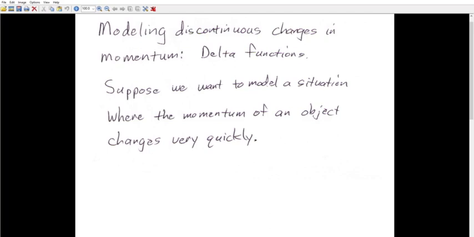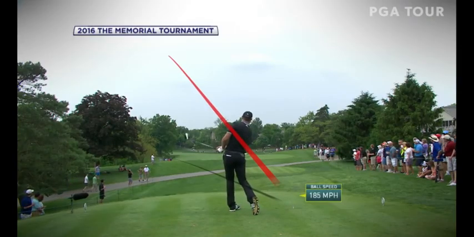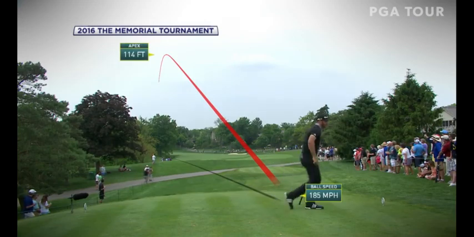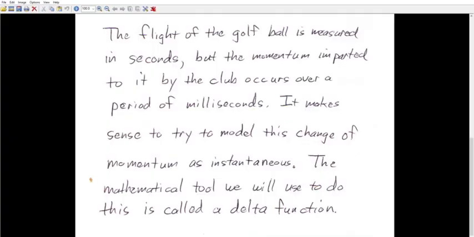Modeling discontinuous changes in momentum, delta functions. Suppose we want to model a situation where the momentum of an object changes very quickly. The flight of the golf ball is measured in seconds, but the momentum imparted to it by the club occurs over a period of milliseconds. In lots of situations, it makes sense to try to model this change of momentum as instantaneous, and the mathematical